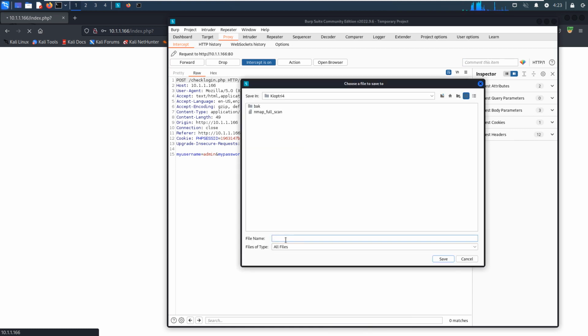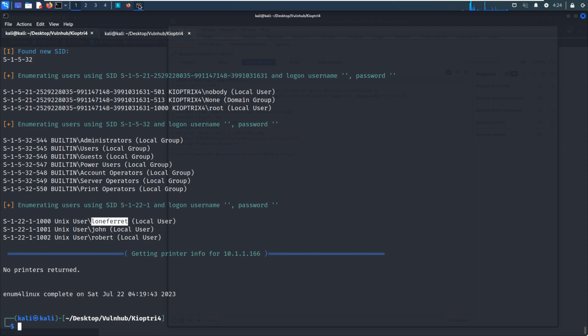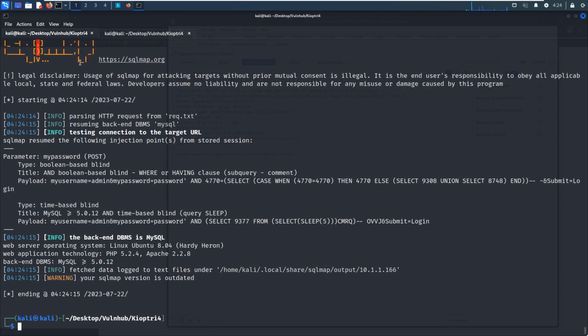We can name it uk.txt and save, and then we can use SQLmap with the level option. Yeah, because I have already done it earlier, so SQLmap has some cache. We will not go through this process. But anyway, from SQLmap, we can know this login exists